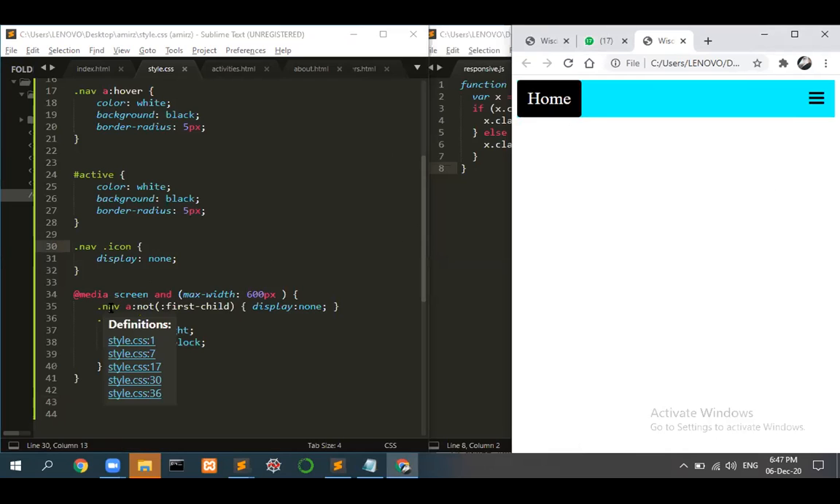So dot nav means the name of my class, and a, the a tag. Then we have added this semicolon, then not the first child. We don't want to remove the first child. We want the first child to be seen, but the rest should have display none. Whenever you add a display none, that thing won't be seen at all. And what else are you adding in the nav